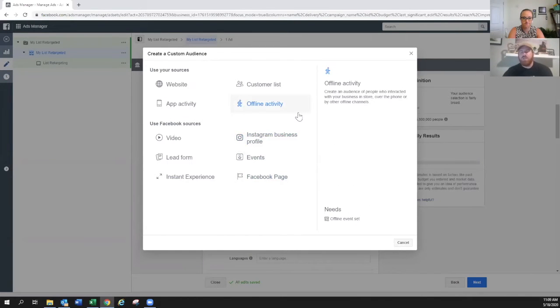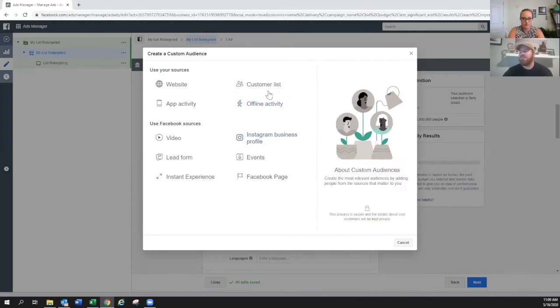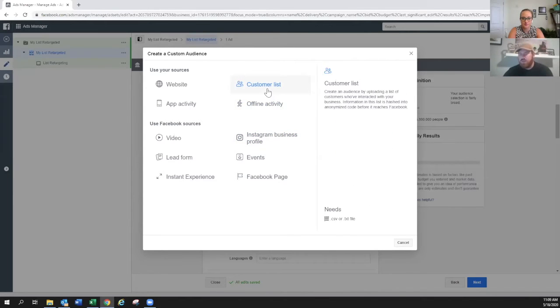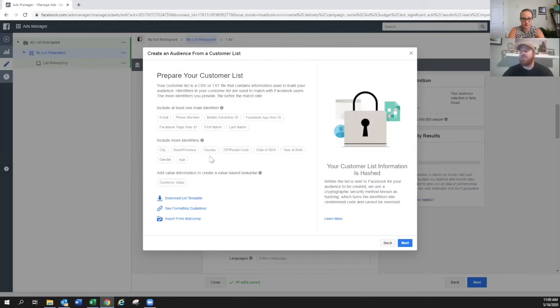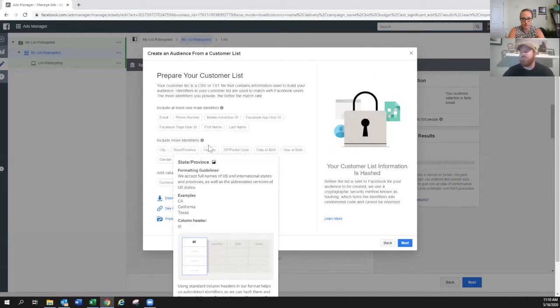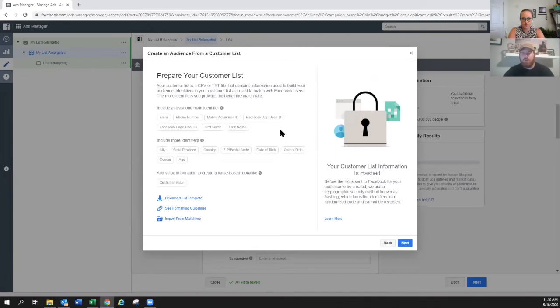And then you're going to have a bunch of different options. Okay. Now we could go severely in depth with what all of these do and how they work, but for the point of today, it's just a customer list to get you started in 10 minutes here. So click on your customer list, and then it is important that you know what your identifiers are. An identifier is basically what the top of your Excel spreadsheet looks like. So it's going to say first name, last name, email, address, all these different things. And Facebook will be able to connect people based on that list. And that is how you're retargeting them.